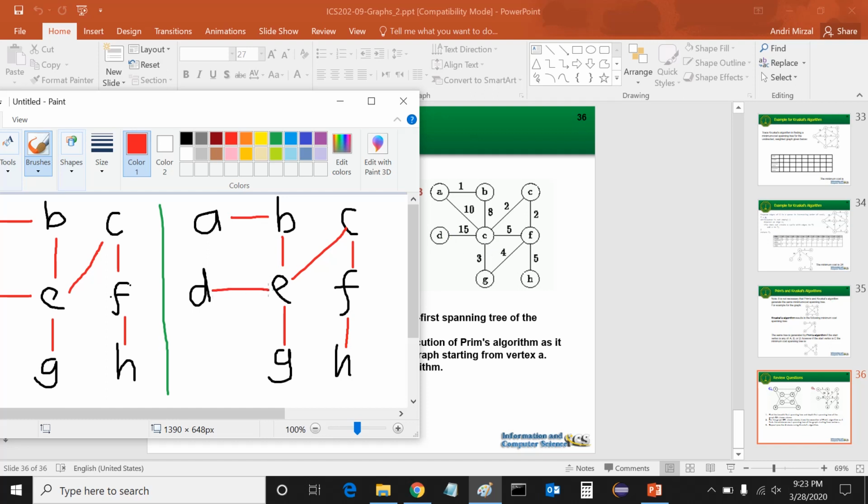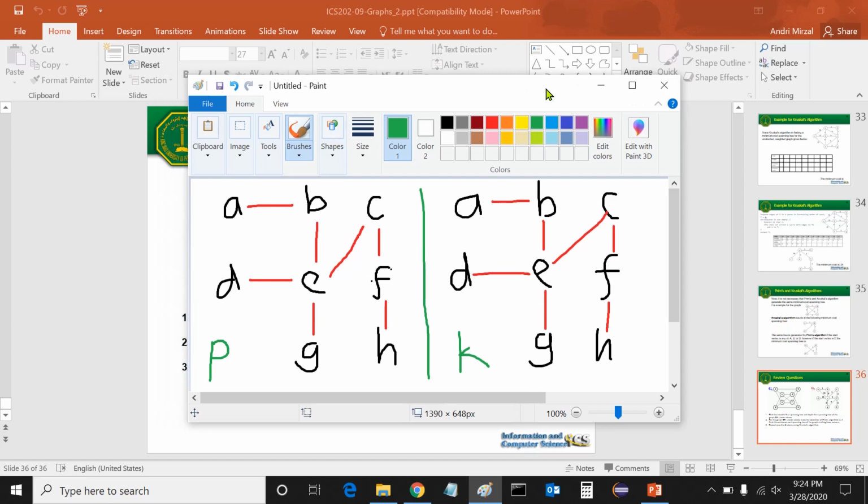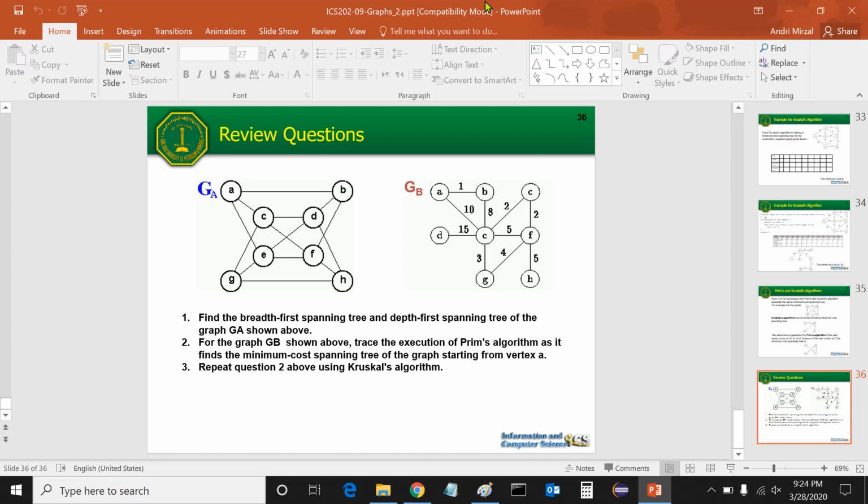Okay, so this is the result of applying the Kruskal algorithm to get the minimum cost spanning tree for this graph. Now we compare the Prim's and the Kruskal algorithm. As you can see, in this case the Prim's algorithm and the Kruskal algorithm actually produce the same answer, a unique answer. So that is for today, everyone. Applying the Prim's and Kruskal algorithm to derive the minimum cost spanning tree for the corresponding graph is not too difficult.